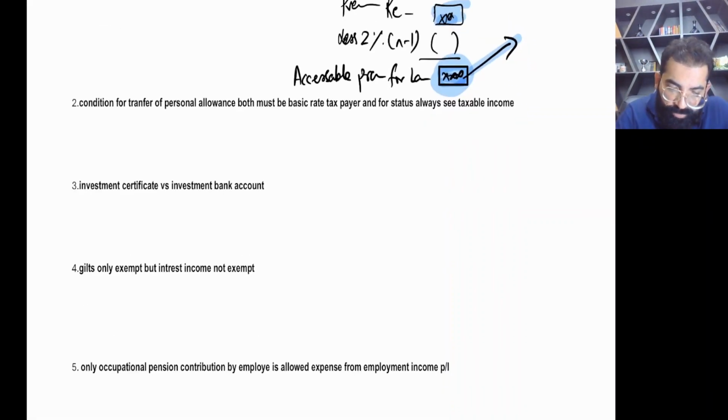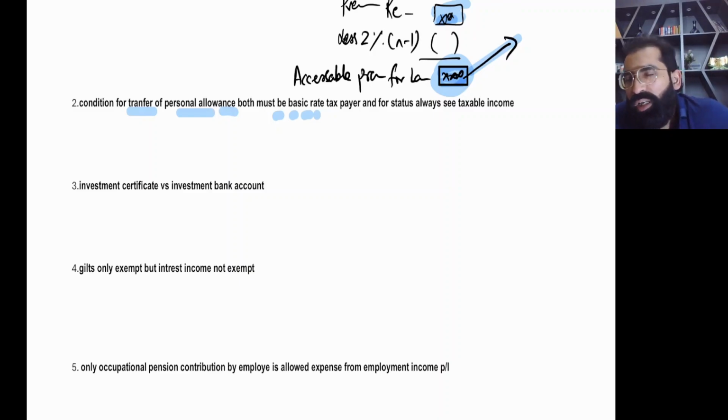Now then, hope you remember the condition for transfer of personal allowance. Yes, can Mr. A, husband and wife, can Mr. A transfer his unused personal allowance to Mrs. A, or Mrs. A can? Yes. But there are certain conditions. Both of them must be basic rate taxpayers, right? Number two, joint election is a must. There must be signatures of both parties, both parties agree on it. And the third thing is a fixed amount of 10%: 12570 multiplied by 10% is 1260 personal allowance that will be transferred.